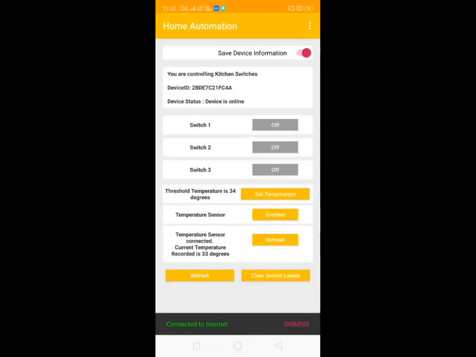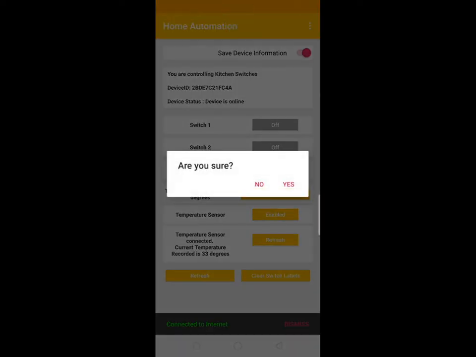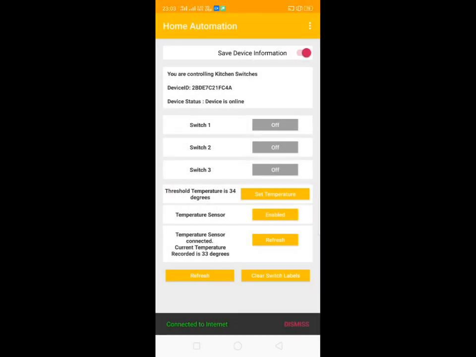And once you have turned on save device information, whatever information you have saved on that device will be saved once the power is turned off and turned on. You can even clear the device values to their defaults like this. So all the device values will be cleared to their initial state, or it has been reset.